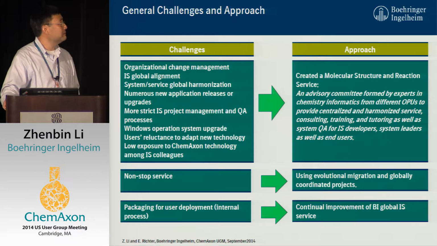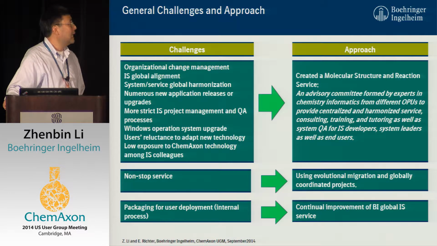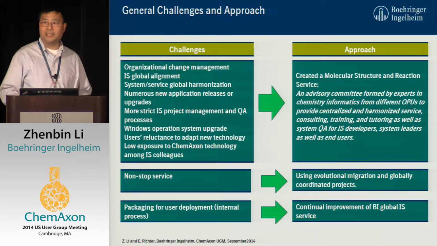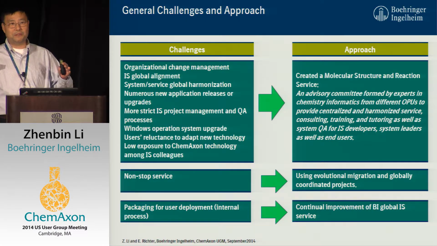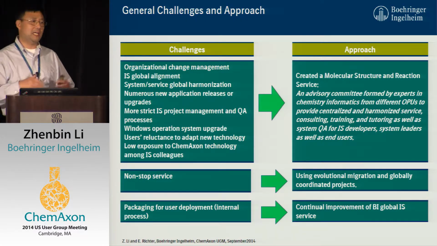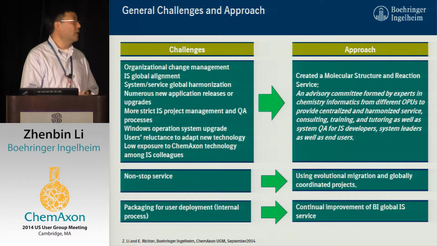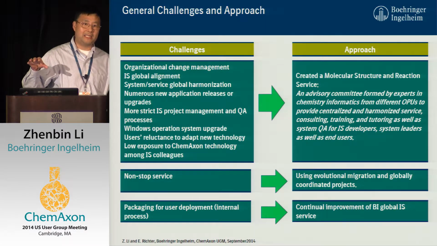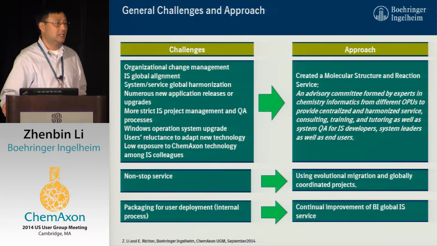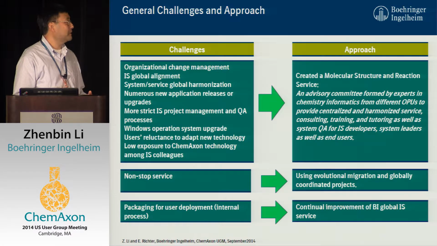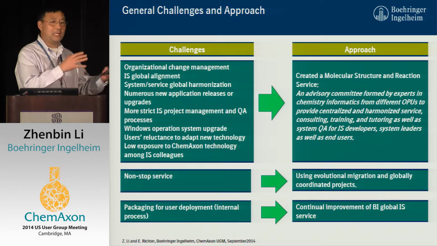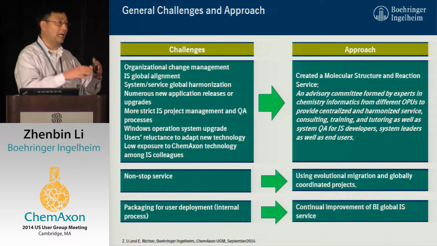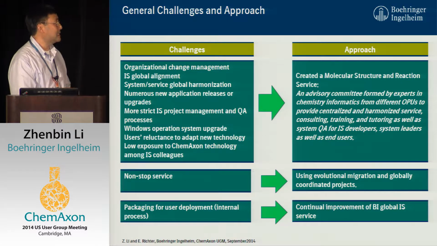The challenges we have encountered are some general challenges. For example, at the same time as we do the infrastructure change, we are also changing the organization. We are globally aligned. We used to be a country-centric IS, now it is a global IS. So that caused a lot of issues. Not only are people moving around, the system responsibilities all have to align with each other. That caused a lot of problems.